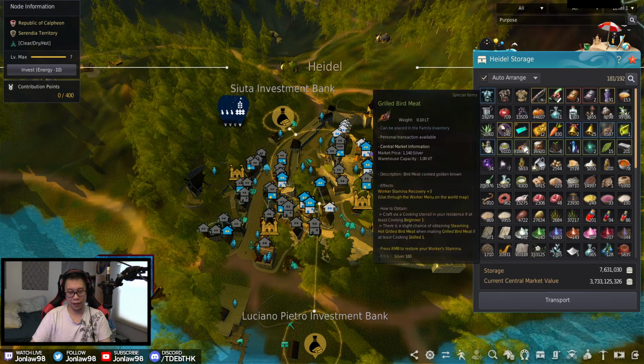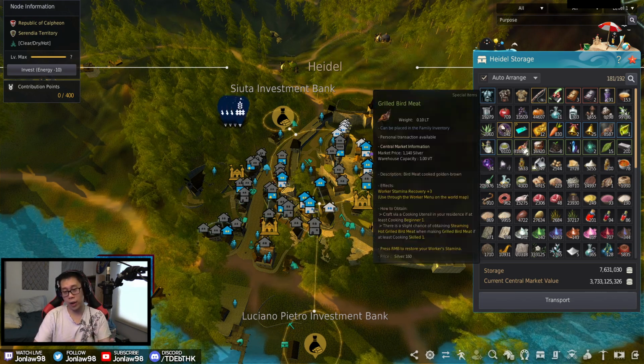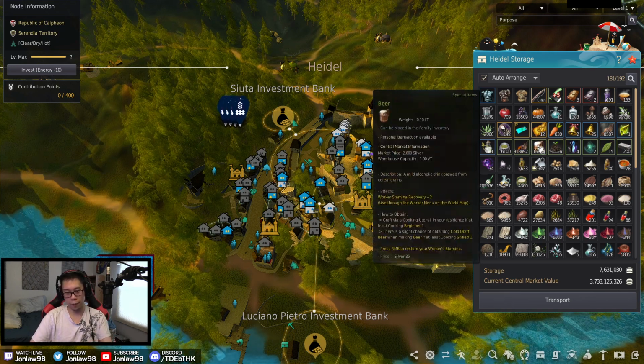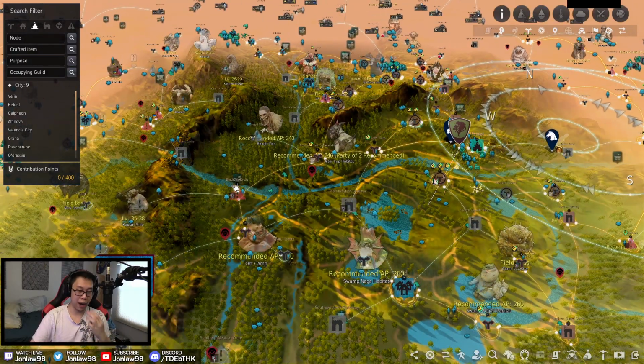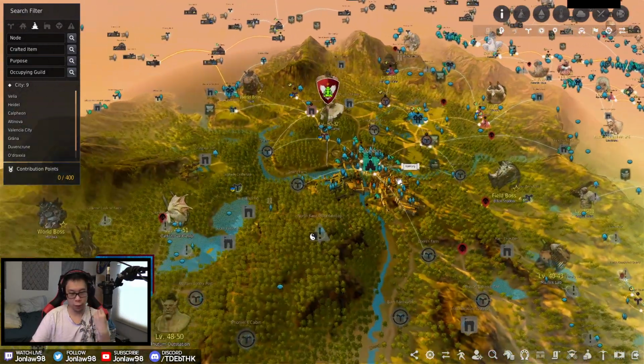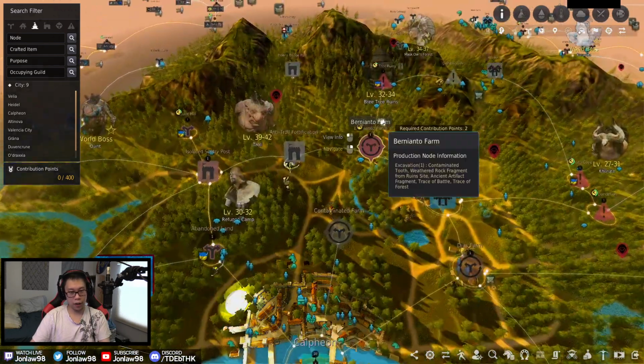So basically, chicken or grilled bird meat has completely replaced it because it's just straight up better and you get more of it. So yeah, in 2022, you should be using grilled bird meat to feed your workers instead of beer. But ultimately, you could just buy it off the market instead of having the nodes if you really wanted to. More timbers over here,